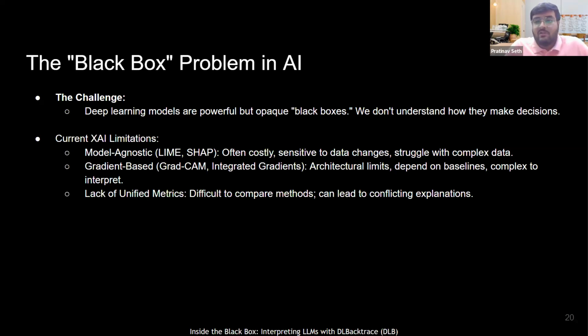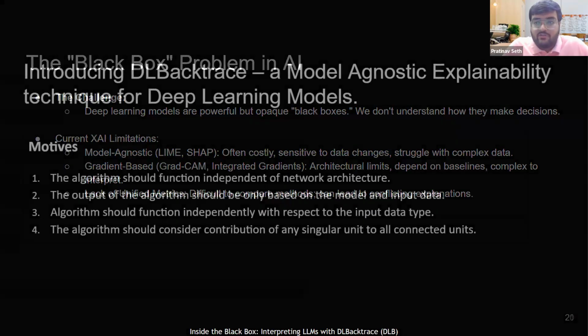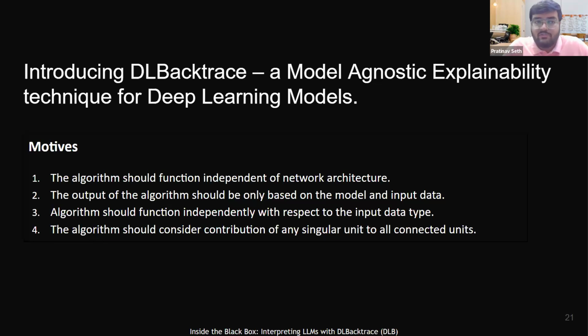So there is a black box problem in AI, and how do you solve it with model agnostic explainability? To do that, we came up with DL-Backtrace, a model agnostic explanation technique. By model agnostic, I mean you can apply this to any model architecture, and you will be able to understand how your model works and how it is making a particular decision.